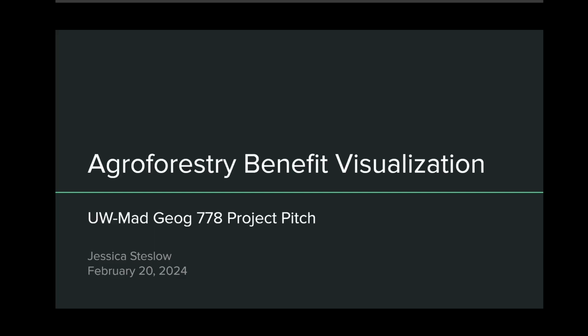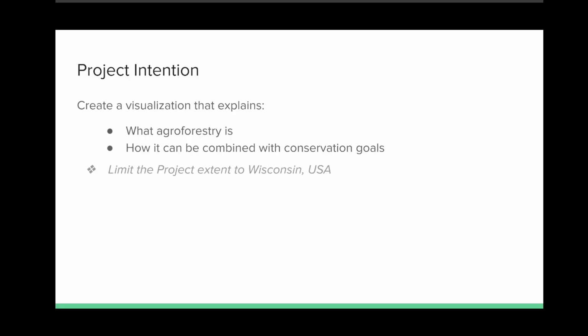My project idea is to create a digital visualization that explores the benefits of agroforestry. I'm working with the Savannah Institute, a nonprofit in the United States that researches, promotes, and assists in implementation of agroforestry. My project is to assist the Savannah Institute in comparing their existing agroforestry analysis against some sort of outside conservation data. My intention for this project is to visually explain what agroforestry is and how agroforestry can be combined